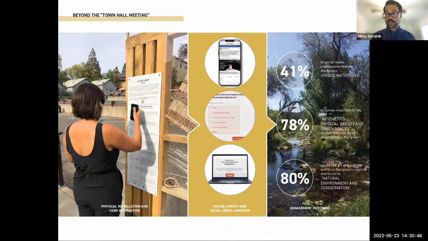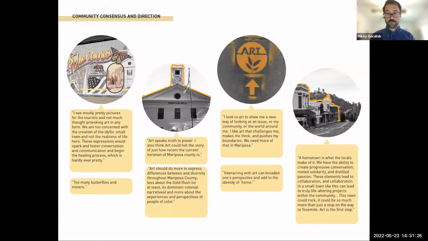other features that are related to those two things, like being outside, our natural environment, the unique, distinctive foothills landscape, which is very different from the Sierra crest, or the more mountainous granite terrain that you would find in the park. Those things all stood out as really important components of our place to Mariposans, and provided us with great cues, either themes or in some cases very direct recommendations, for the types of creative placemaking projects that people wanted the county, the Arts Council, who was a partner in this project, and other local actors to pursue in the future.